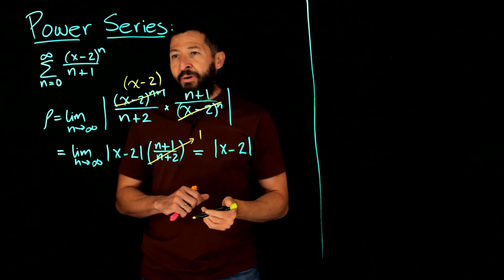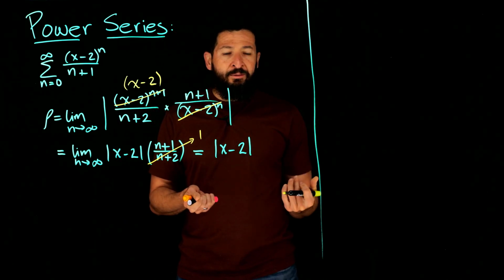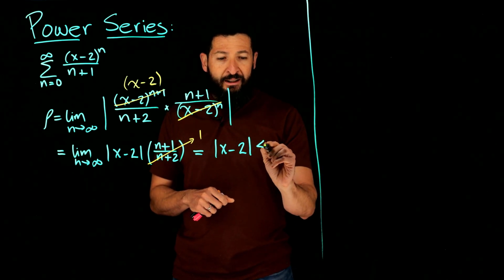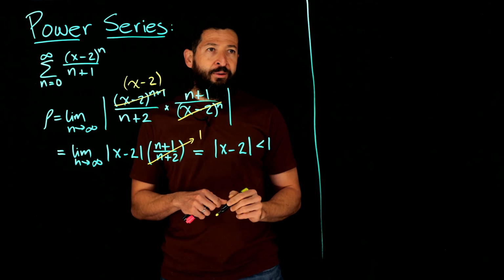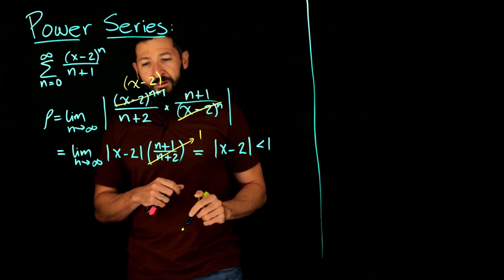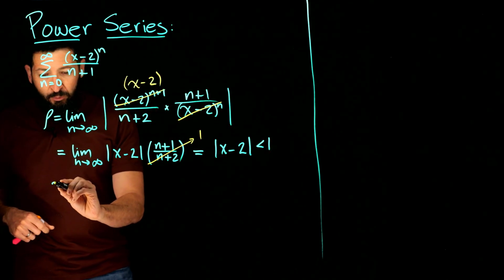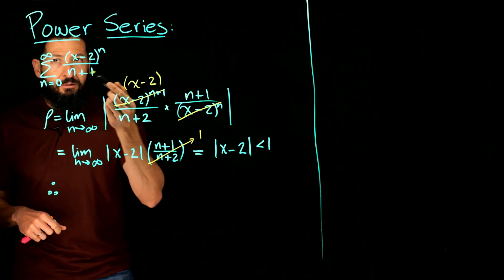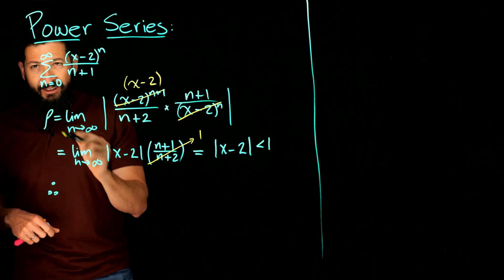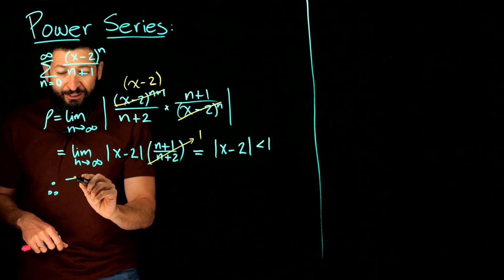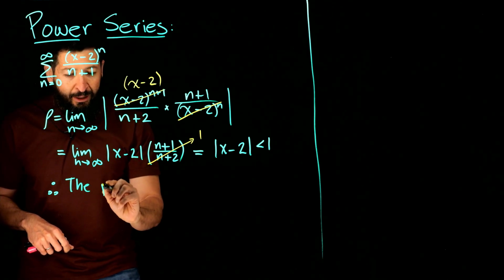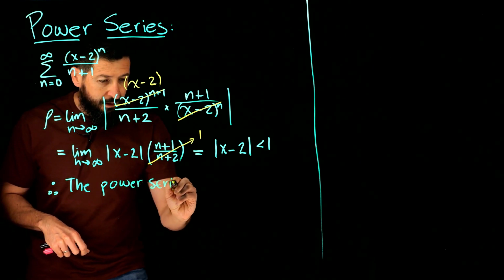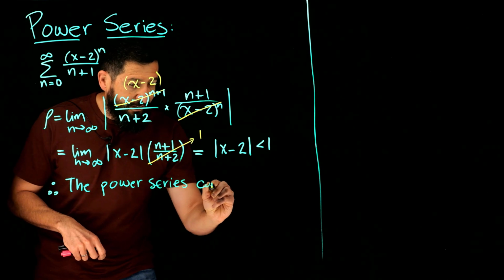But remember now the ratio test. What do I need from the ratio test? I need the ratio to be strictly less than 1 so that this converges absolutely. Therefore, what I obtain is that the series, let's call it S, or power series, S of x. Let's just write the power series and we know what we're talking about. So the power series converges absolutely